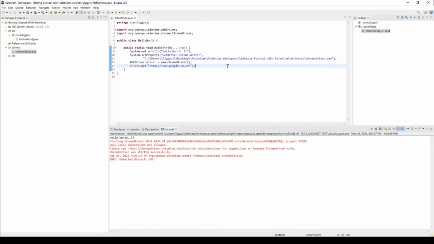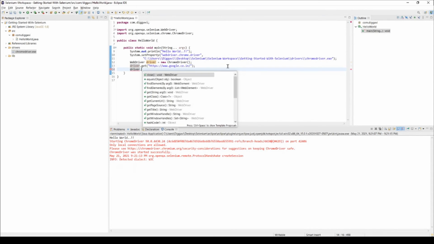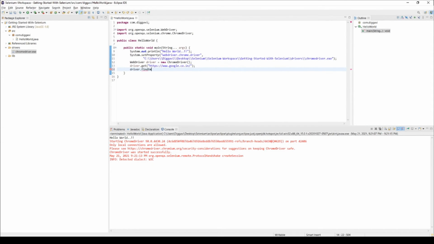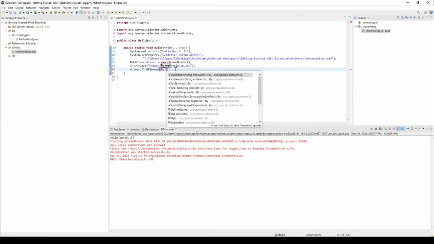So come back to our script, say driver, and there is a method in the driver object called findElement, and in Eclipse the shortcut to autocomplete is Ctrl+Space. So there are two methods, findElement and findElements. We will get into the difference. First we will find the element and it accepts By, how we are going to find. There are several methods: By.xpath, tagName, partialLinkText, linkText, id, cssSelector, and className. As I told, we will get into each of these methods in detail in further videos.